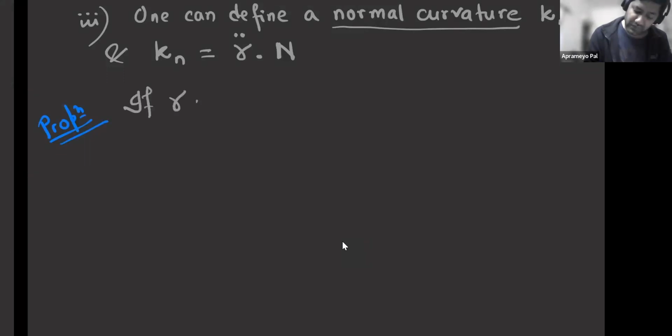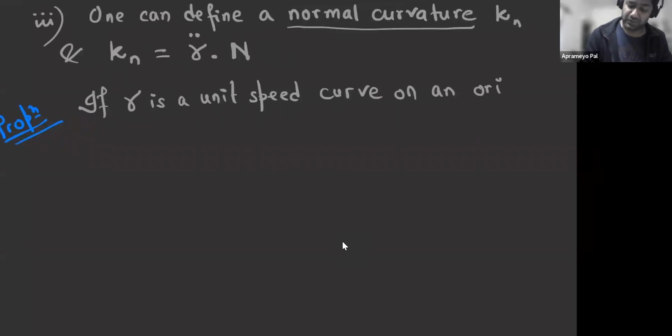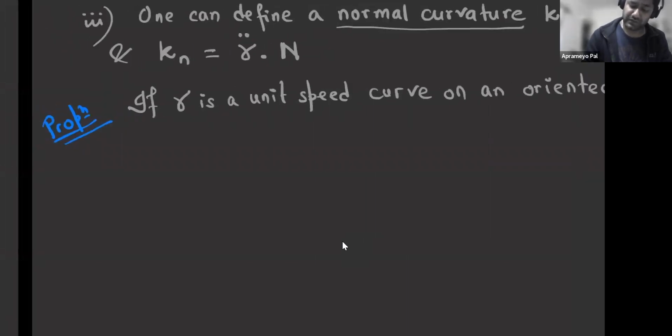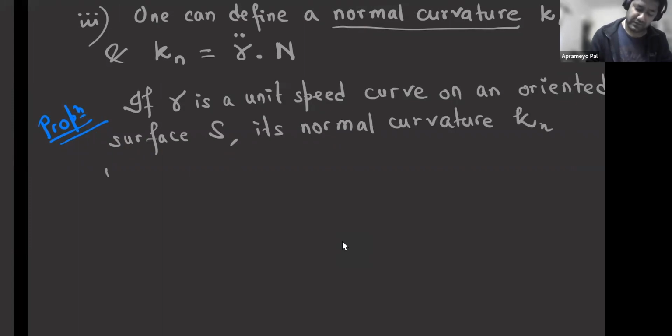If gamma is a unit speed curve on an oriented surface S, then its normal curvature kappa n is given by the following,